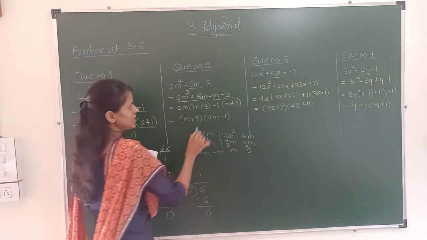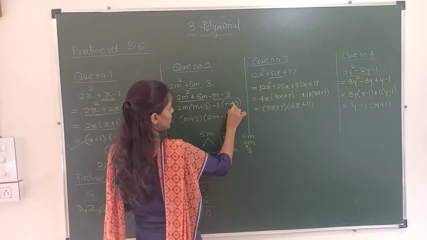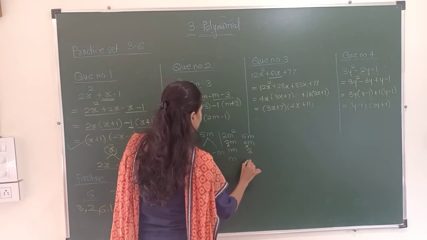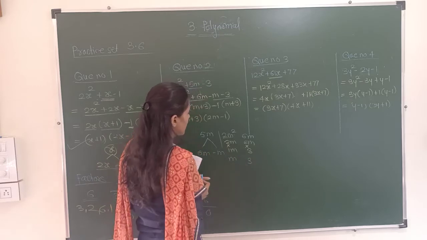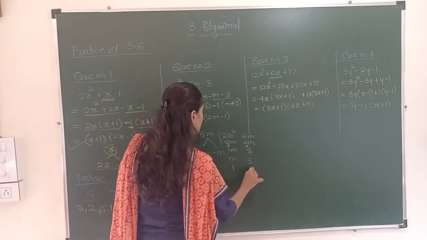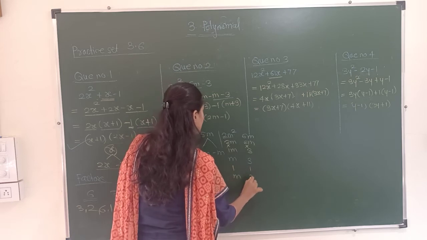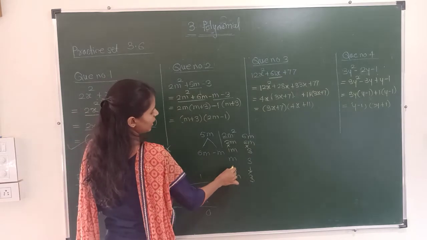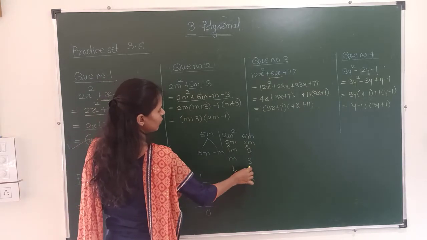Similarly we will do for this one, with the minus sign as it is, the sign over here changes. Nothing means what can we take? m, and here is 3. Okay. So nothing, so we will take 1 in common and the remaining terms are m and 3. Okay. So 1 into m is m and 1 into 3 is 3.